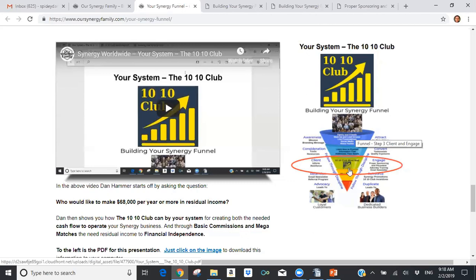The other part of the equation are business builders. Business builders are where you're going to create your residual income. And with business builders, when you go back to the 10-10 Club, this second 10 is having 10 committed business builders that I can work with to help them duplicate this system, help them determine their marketing strategy, help them understand their mission statement, help them with their elevator speech